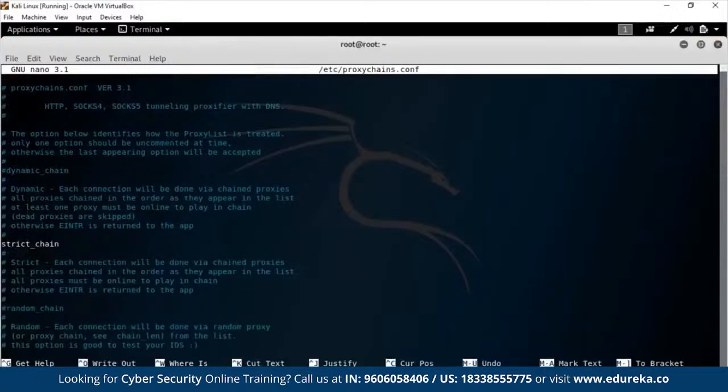So what proxychains is, well, it gives you the ability to route your traffic through a series of proxy servers and stay anonymous in such a fashion by hiding behind them or by having them forward your requests, so it looks on the other side that your requests are coming from them as opposed to you.